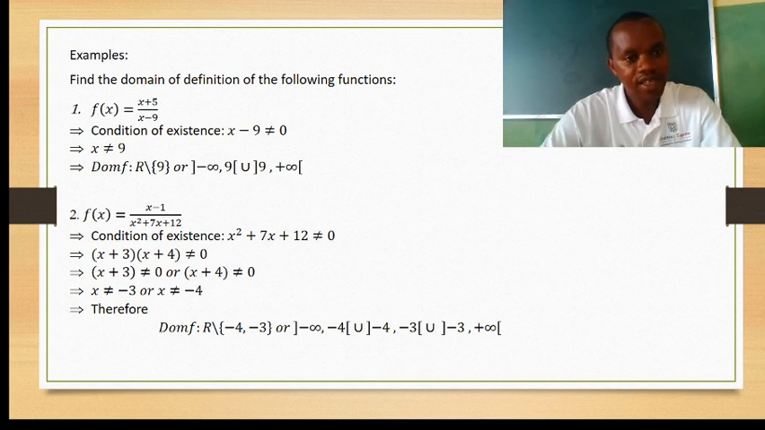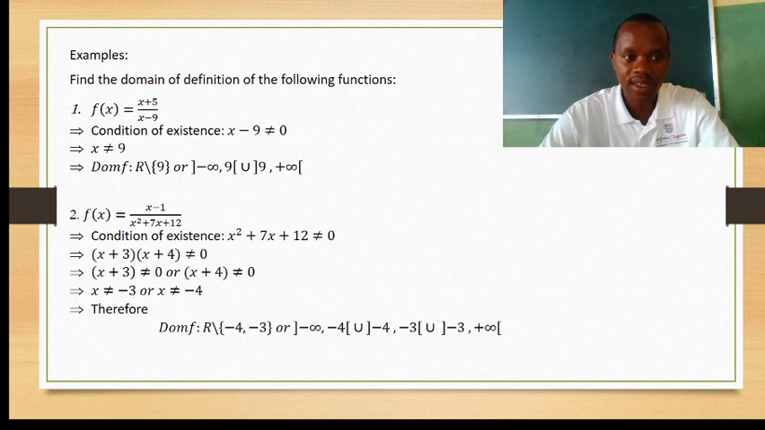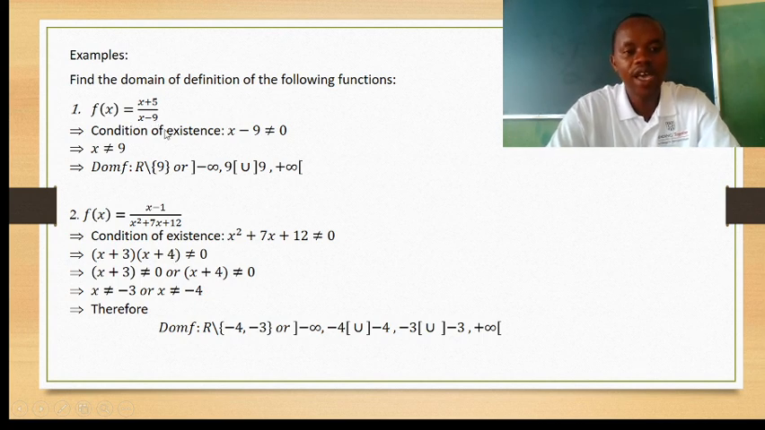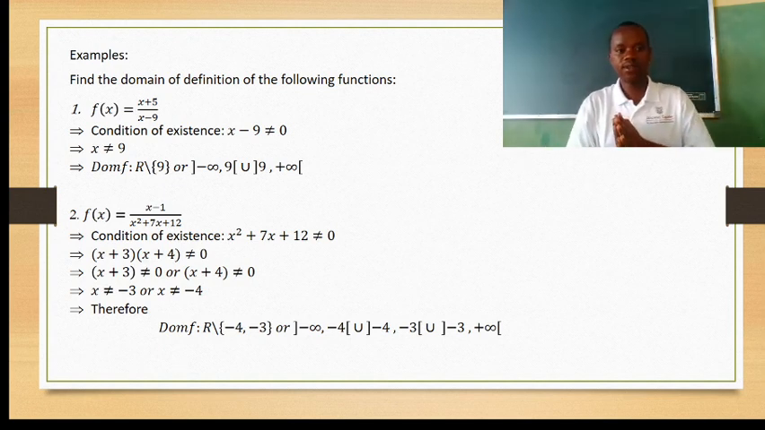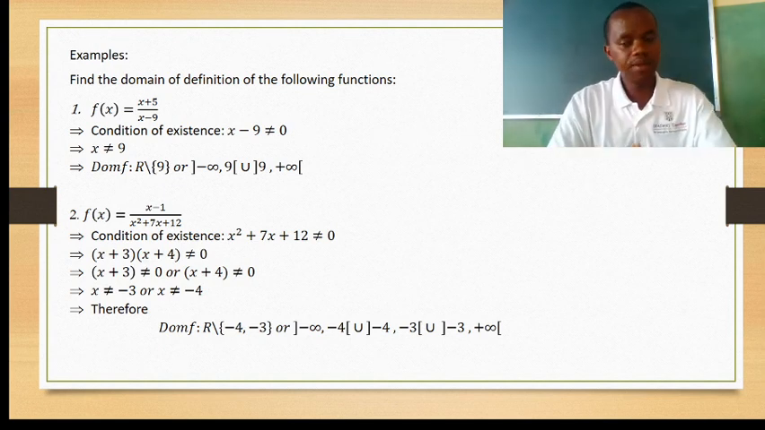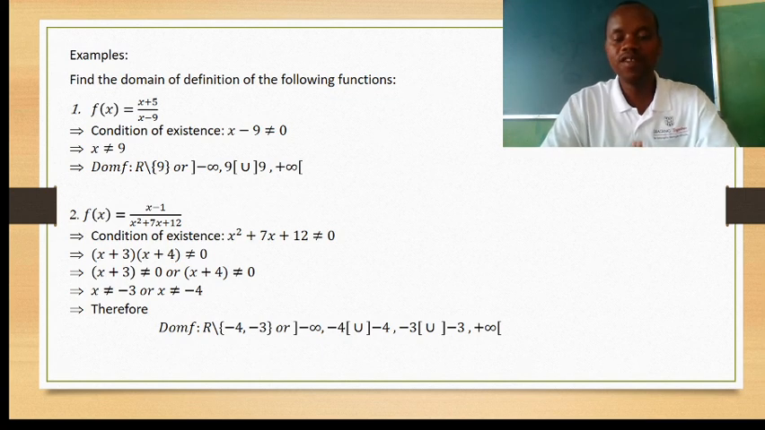Now, find the domain of definition of the following functions. We have example number 1: f of x is equal to x plus 5 over x minus 9. Here we have the condition of existence, so that the function is defined everywhere. In this case, for rational functions, the denominator part must be different from 0,